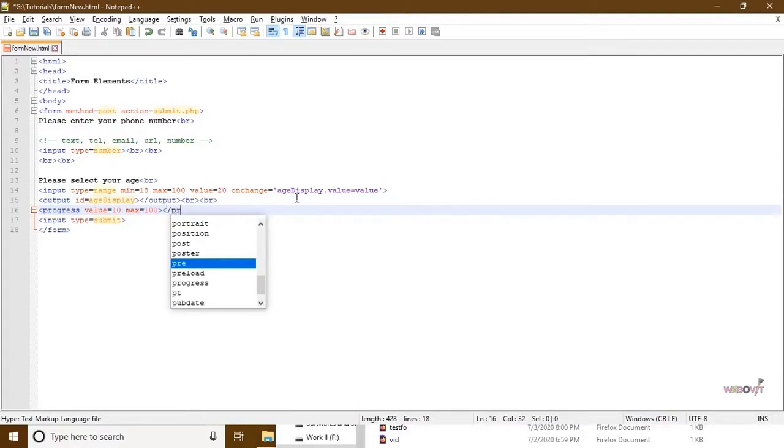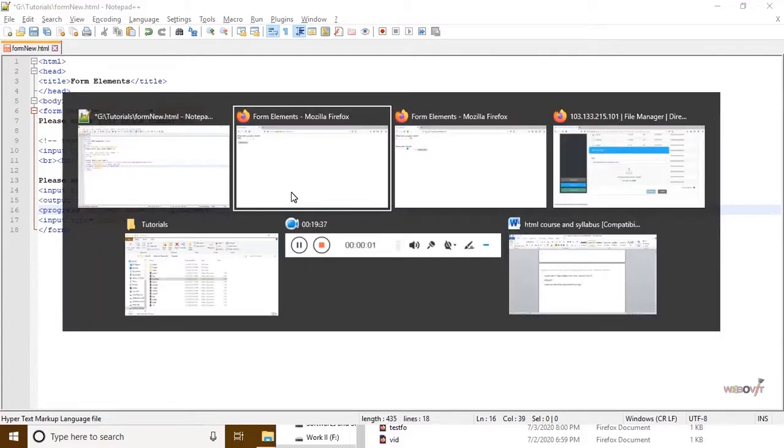Suppose you are going to ask your customer, you want to show the progress of the form submission. Suppose you have sections at 10%, 20%, 30%, 40% done. If you want to show that status through your progress bar, you could use progress. I will show you the preview first. It will be more clear to you.